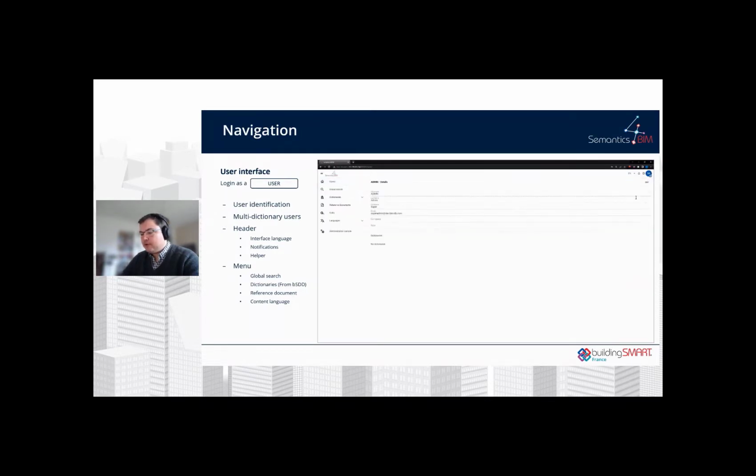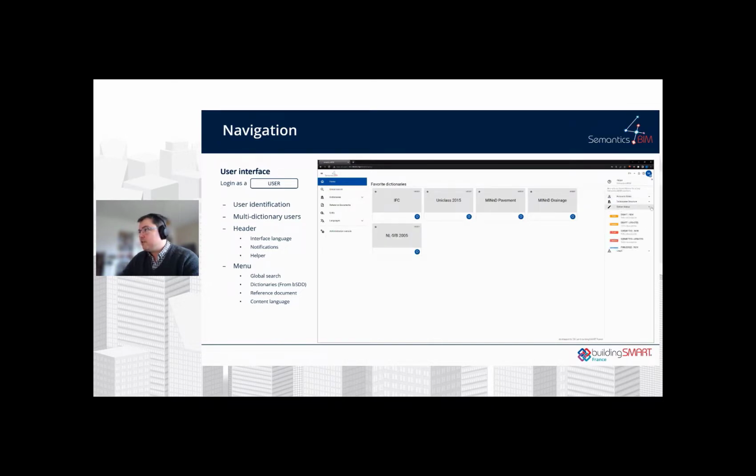We will have the dark mode you saw. We will be able to manage a profile and to manage the role of any users on the tool. There are two different languages for the interface, English and French for now. You have a notification functionality and a helper to explain the terms and the functionality of the tool.